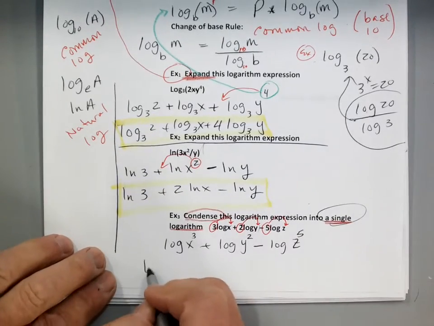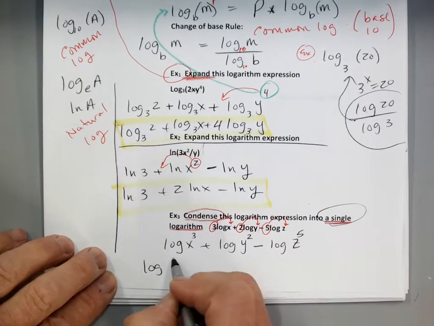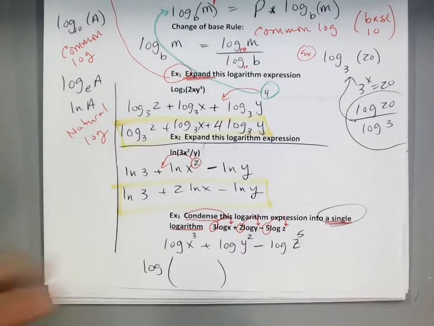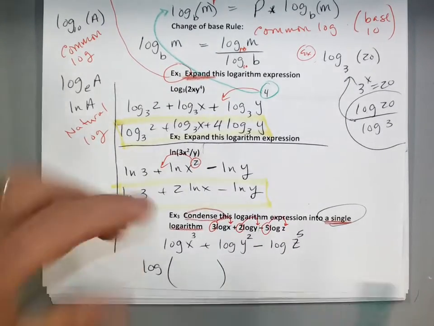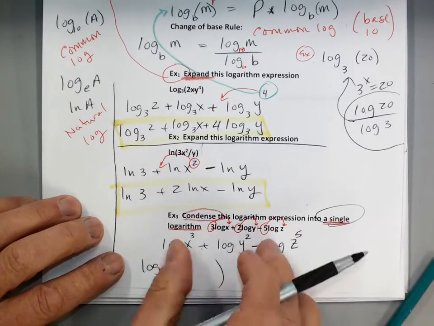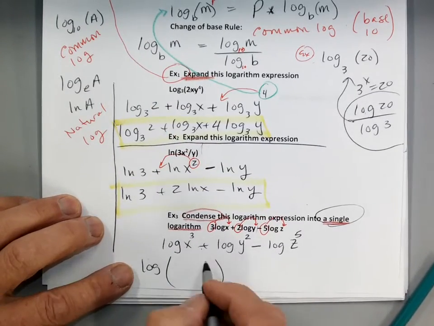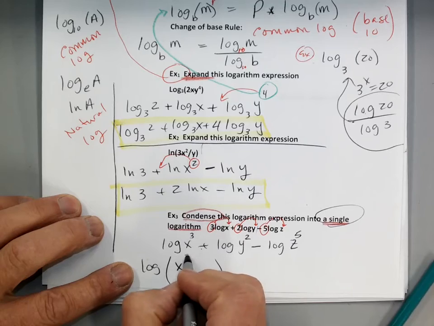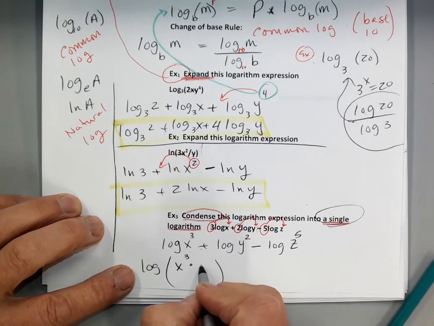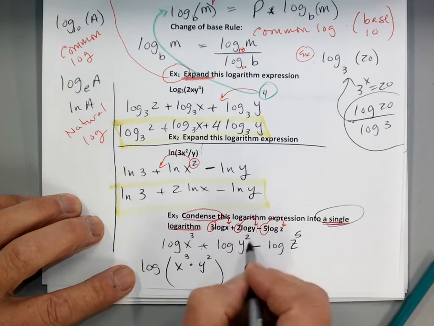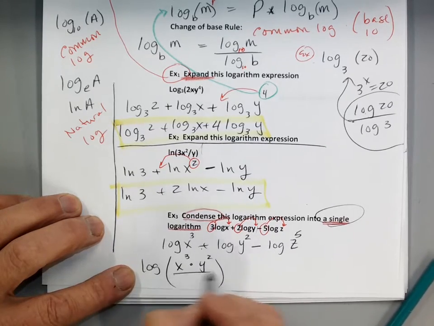So I want to write log base 10 of. So let's take all of these and bring them in. Okay, so how do I do that? Well, if it's plus, I can bring them together as times. Okay, so I'm going to do just the opposite. We'll go x cubed times, you don't need the times sign, but I'm going to put it in there anyway, times y squared divided by